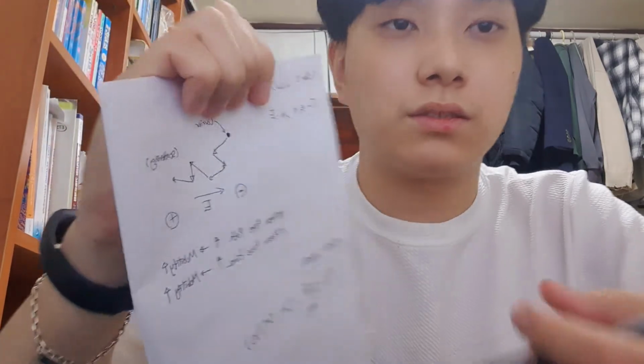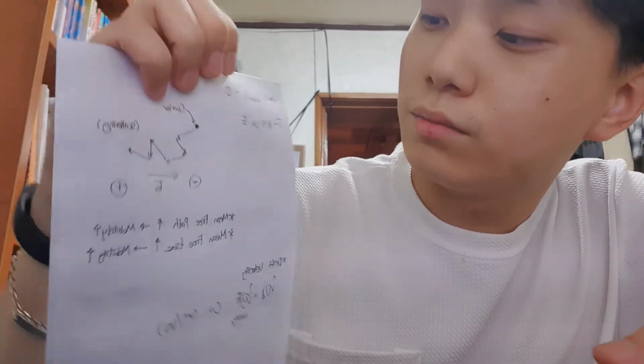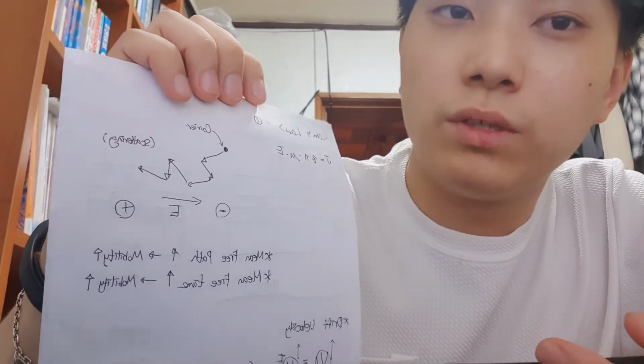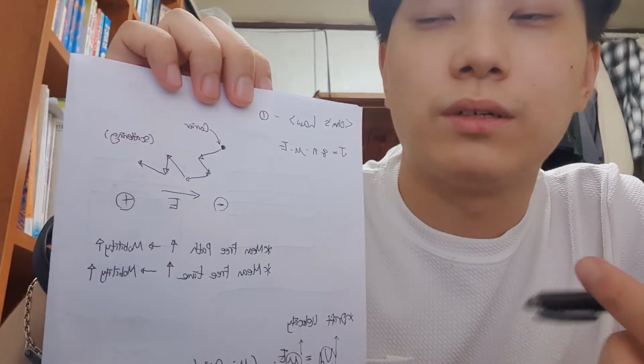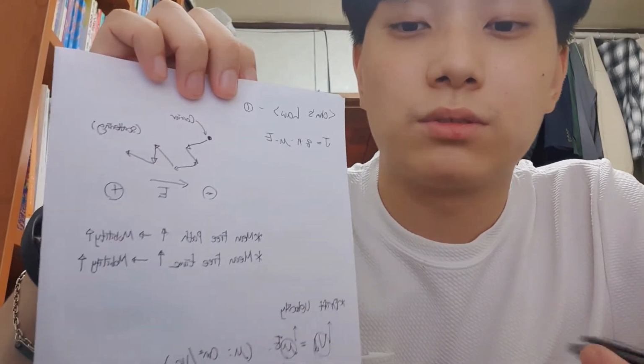Today I will review and explain the physics and electron engineering. First, you have to know Ohm's law. We normally know that Ohm's law is V equals IR, but